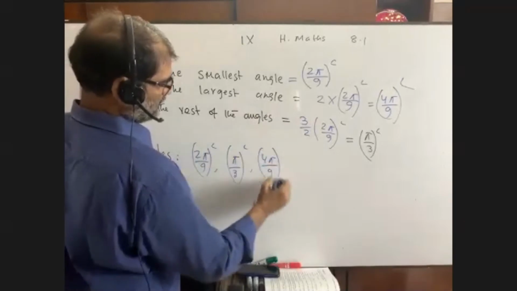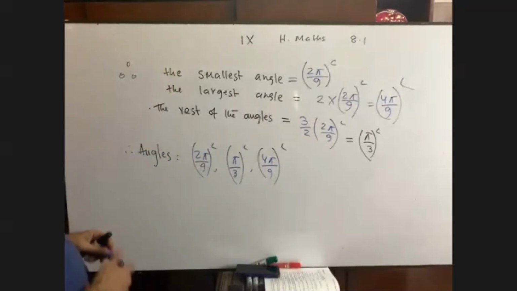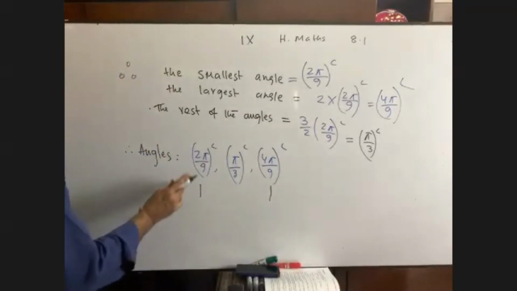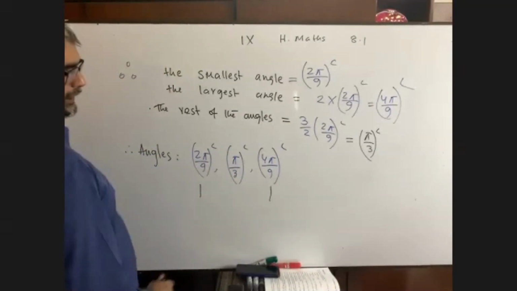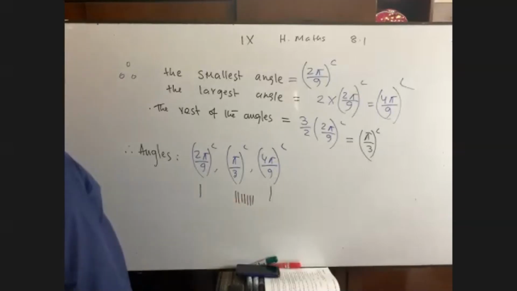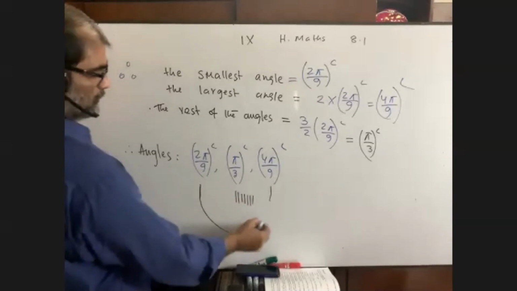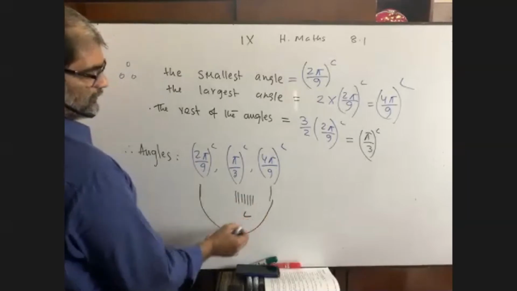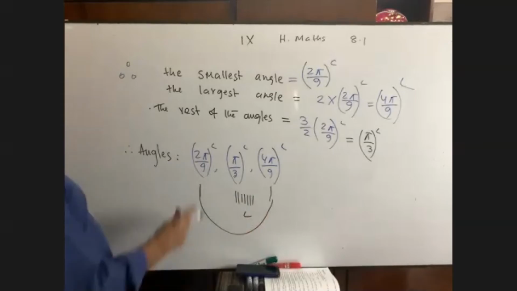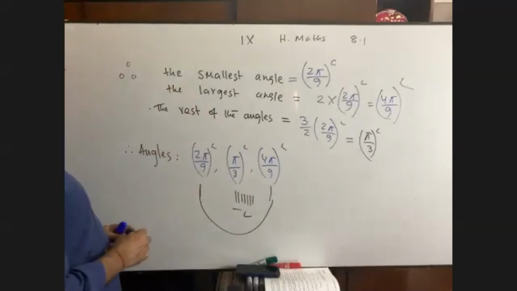I think you have got me. You have to show that they are in arithmetic progression, where the largest angle is this one, and the smallest angle is this one, and twice is this one, and it is the angle that you found. Okay. Have you got me? By the average of these two, you can get this one. Is it okay? Yes, sir.